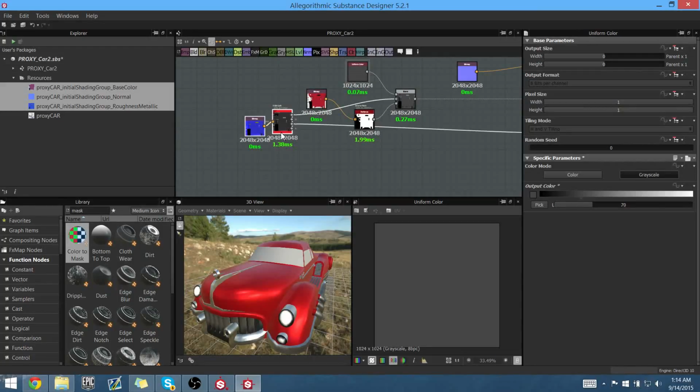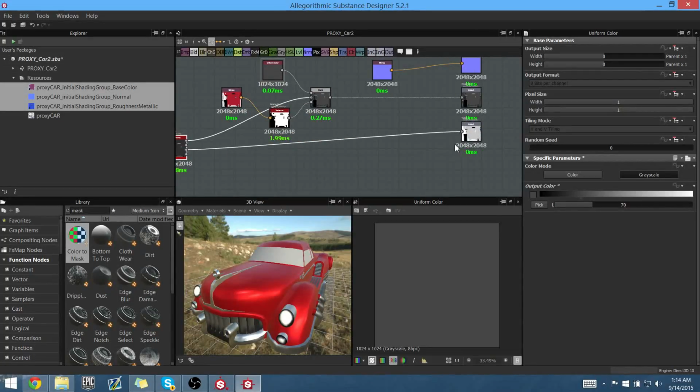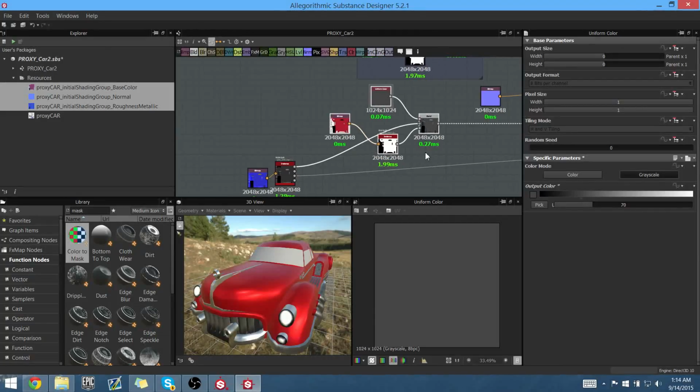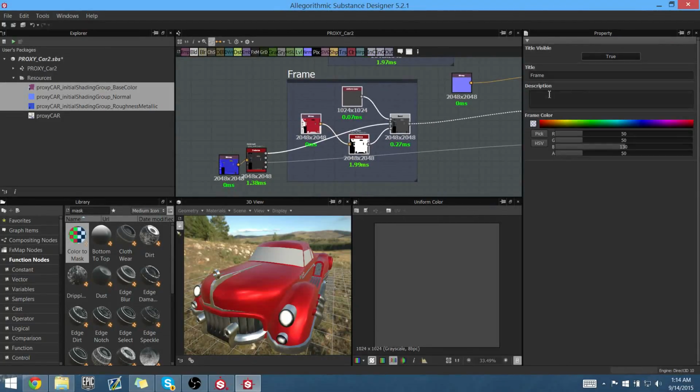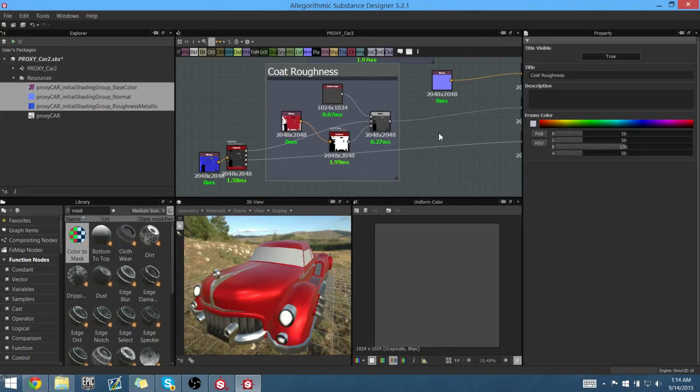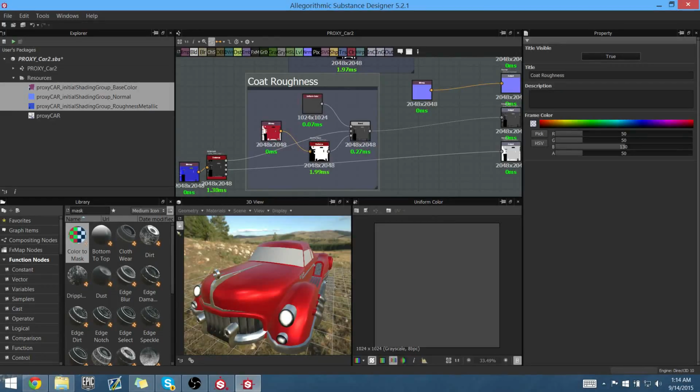So let's comment this out too. I'm going to keep this down here separated just in case we might ever want something for metallic, but I don't think I will be. And I'll just add a frame. And I'll name this frame the coat roughness. Alright. So from there,